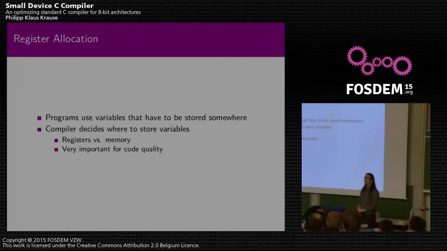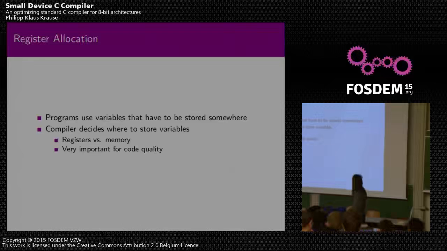Now, registers are fast to access. On those embedded targets, the speed difference between registers and memory is much less than it is on big architectures, but it still makes a big difference in code size. An instruction accessing a register is typically much shorter than one accessing memory. So where to put them is very important for code quality. Of course, when things are in registers, that is better, but we typically don't have enough registers to put everything in registers. So we have to decide what to put into registers and where to put it,